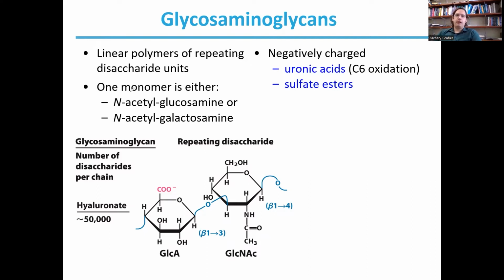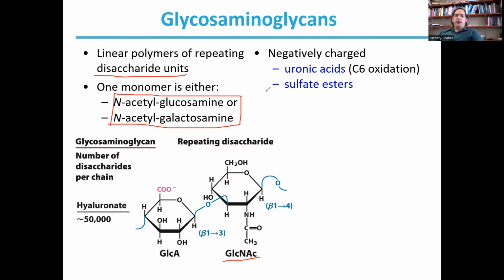So most of our glycosaminoglycans will have repeating disaccharide units. So we'll have two unique sugars, but then we'll repeat those same two unique sugars over and over again. For every glycosaminoglycan, we're going to have one monomer that's an N-acetyl sugar. So notice here we have the glycosaminoglycan hyaluronate or hyaluronic acid shown, and it uses the glucose N-acetyl modified sugar. So of course the N-acetyl group, as we talked about before, slightly modifies the reactivity of our sugar monomer here.